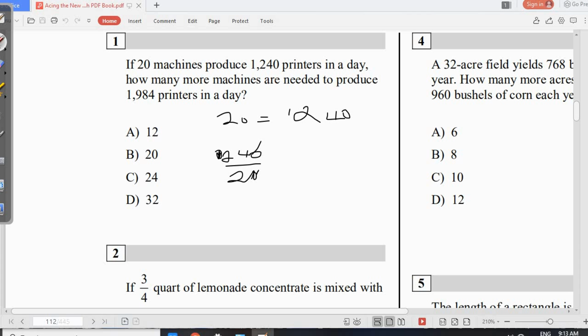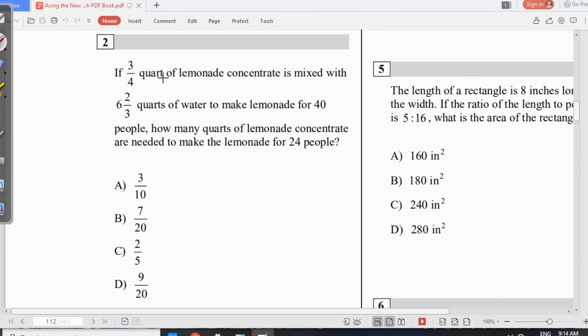You can clear this out, and you have 2 into 124, that's 62. So one machine produces 62 in a day. So all you need to do is 1,984 divided by 62 to know how many. 1,984 divided by 62 is 32. So 32 machines are needed to produce 1,984 printers. Alright, let's move to the next question. So we have, if 3/4 quarts of lemonade concentration is mixed with 6 and 2/3